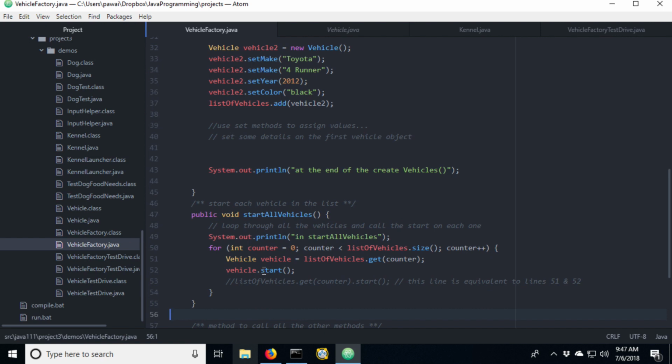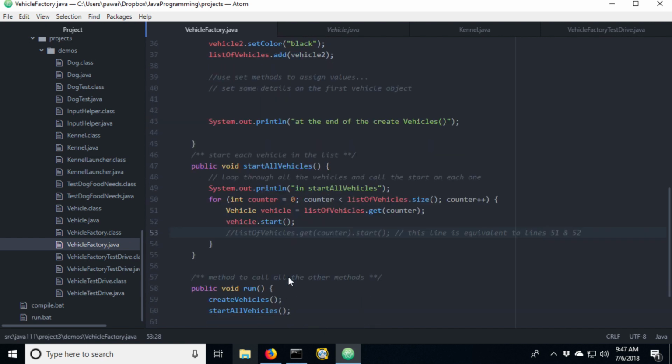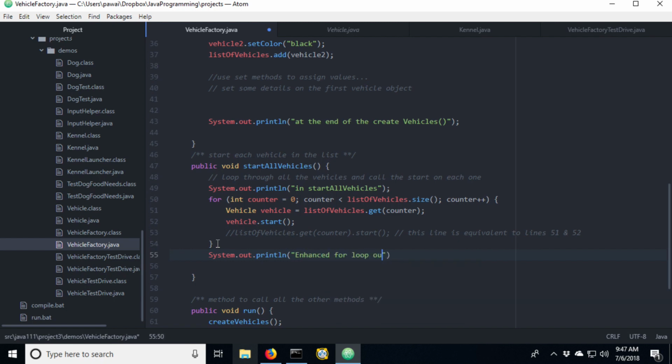All right. So let's go ahead and now rewrite this as an enhanced for loop. I'm going to do that right below this so we can keep our eye on both of those. I'm going to add a system.out.println line in here so that we know what information is coming from where. I'm just going to add a line that says enhanced for loop output follows. And I'm also going to add a blank line in here just to keep things a little bit easier to read once we start getting so much output, especially when it's duplicate output, it gets a little bit harder to read.